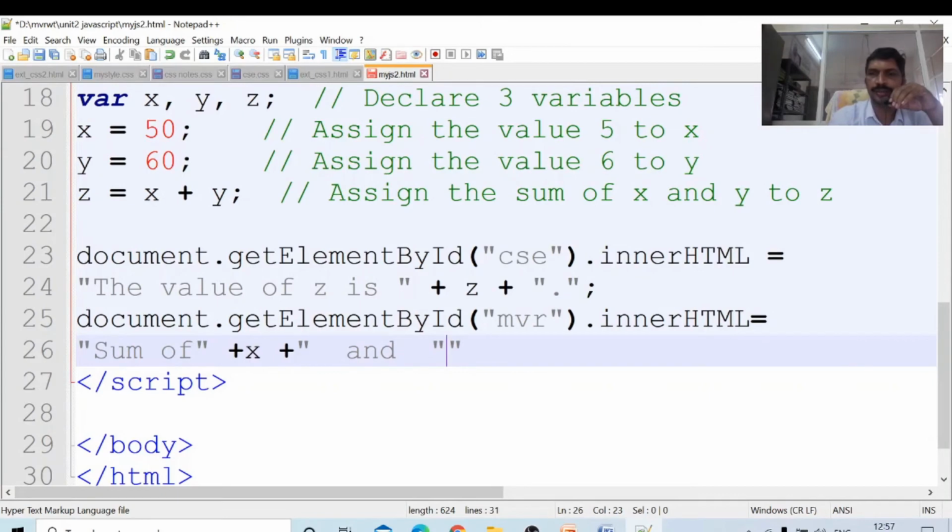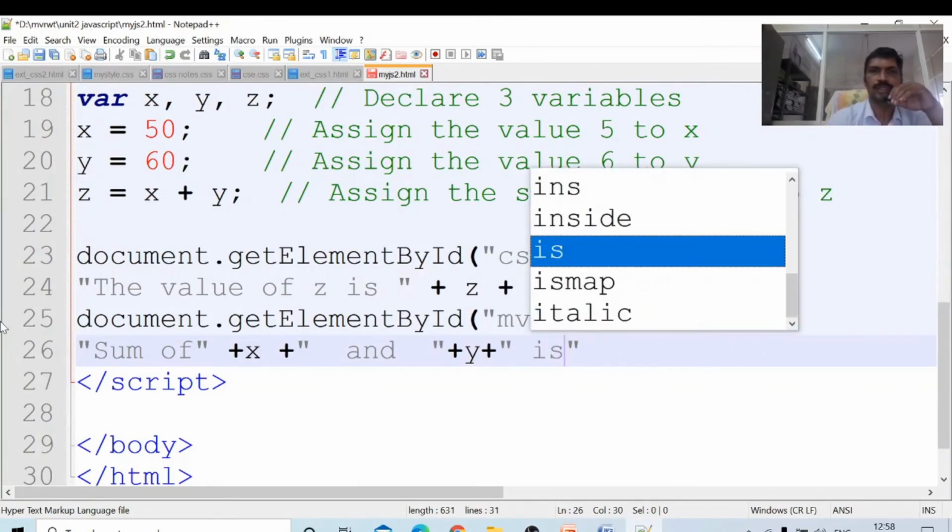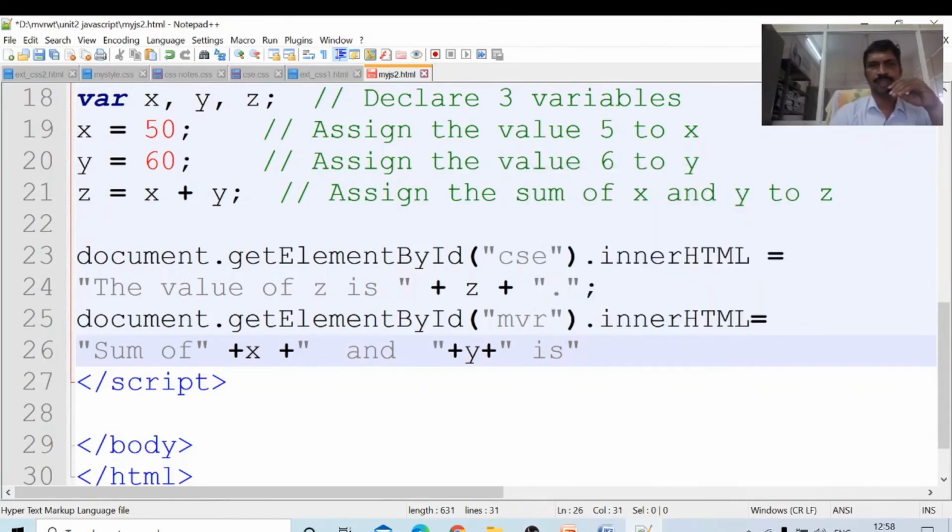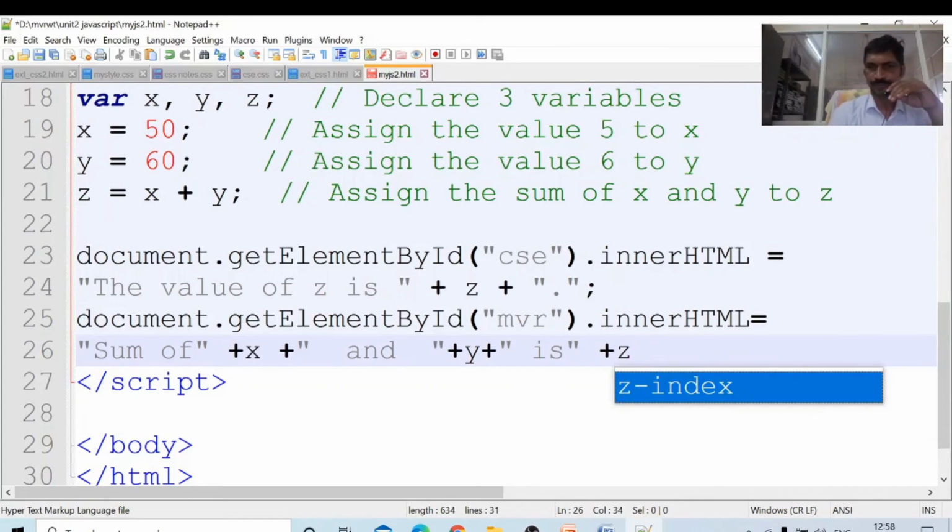Plus x, plus y, plus, the sum of x and y is, once again plus z, plus.